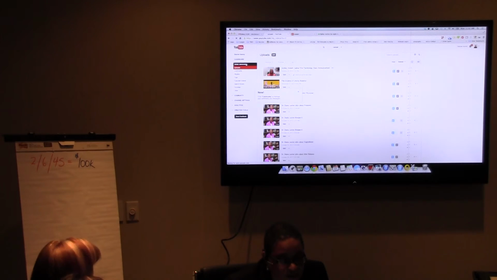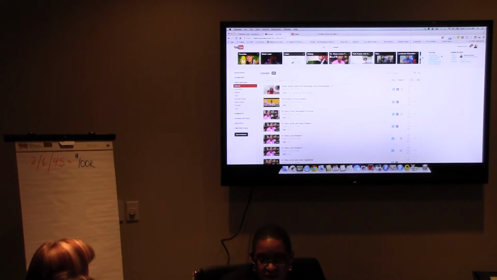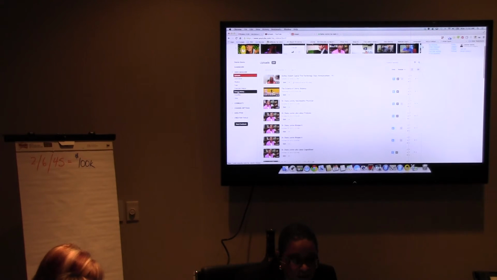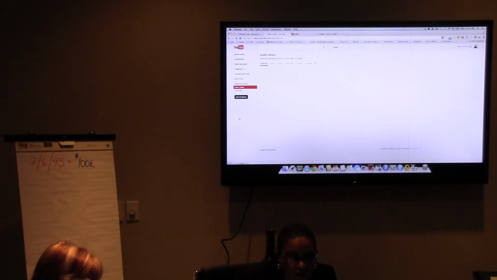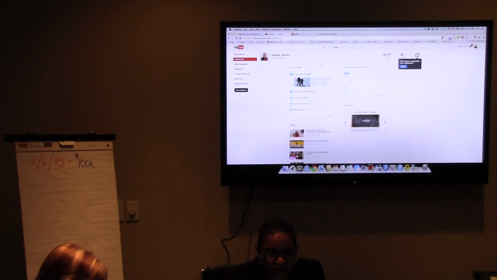Let's see. Video manager. Where is it? Okay. I've done it. There are creation tools in the left-hand bar, at the bottom. Well, let me see. It's on my dashboard. Scroll all the way down. The last one is creation tools. I don't know if that's where it's going to be or not. No, this is the music and all that stuff. That's your music and your video editor. But you can record in here. I'm just looking to see where it is.